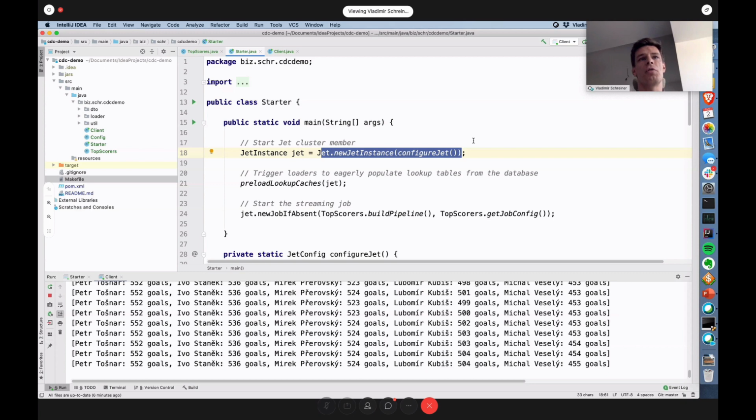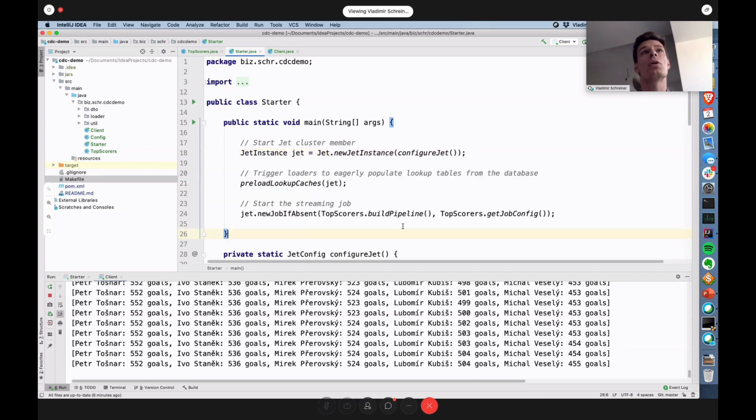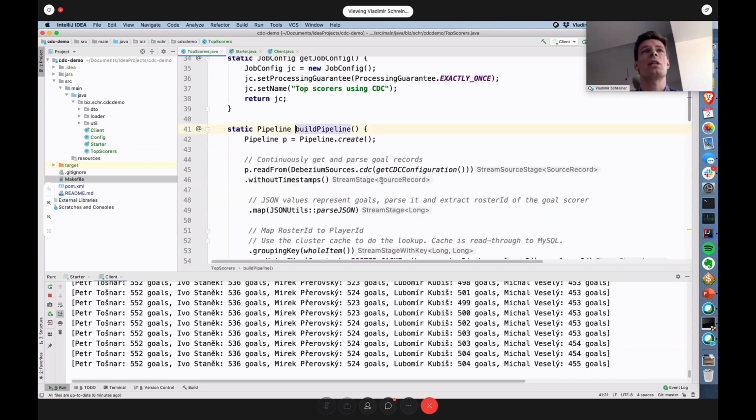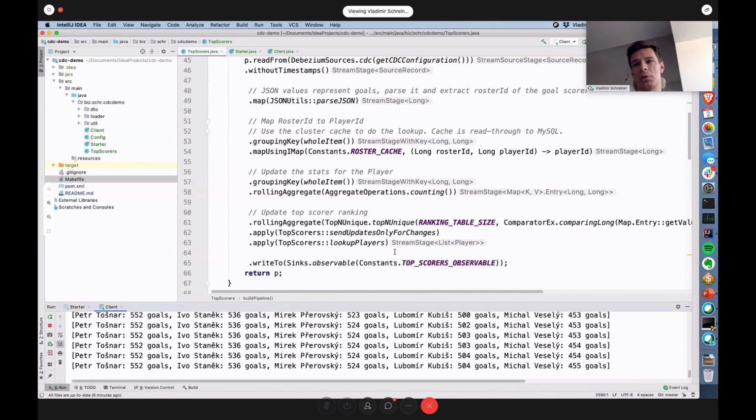I did a little bit of configuration, and then I start the streaming job, and this is the heavy lifting. So let's have a look at how you basically program such a computation. As you can see, it's basically a chain of operations. If you worked with Java util stream, and I believe all of you did, it's very similar. So you basically write or declare how a record should be transformed, and you just chain the steps of the